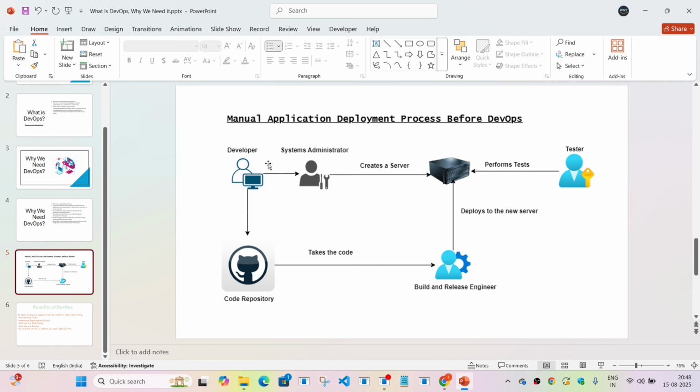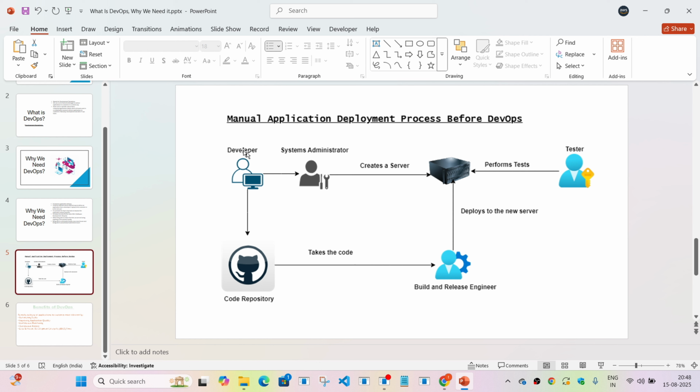Along with that, whatever other dependencies are there for the application, and the resources that the application is going to use in terms of CPU, memory, network bandwidth, storage, your storage performance, all that is going to be considered, and the systems administrator is going to create a server for the developer so that the application can be deployed on this.